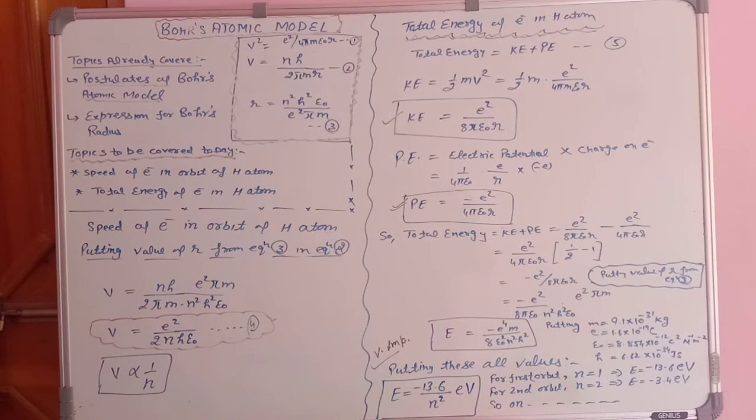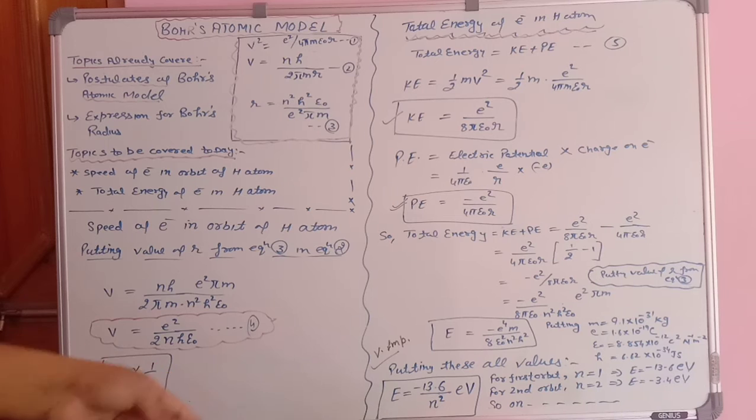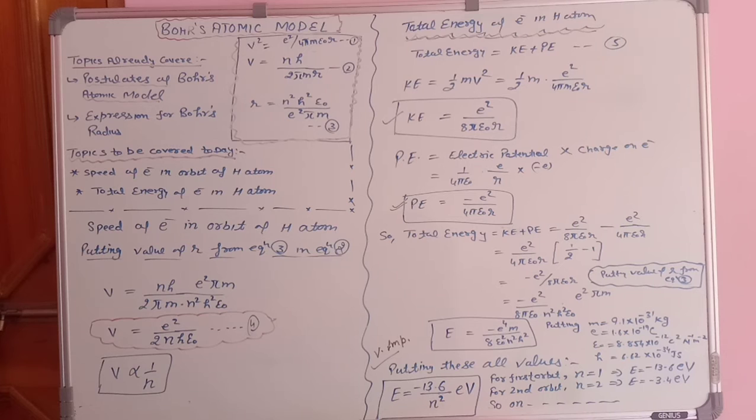Students, if you fill all these values in the energy expression, you get the final expression which you need to keep in mind for MCQs. Its value is E equal to minus 13.6 upon n² electron volt. Also, 1 electron volt is equal to 1.6 into 10 raised to power minus 19 joule. So this also you need to keep in mind.